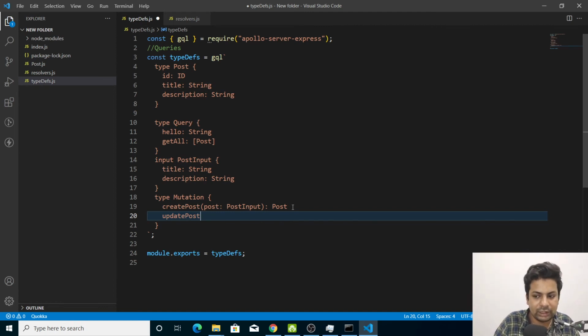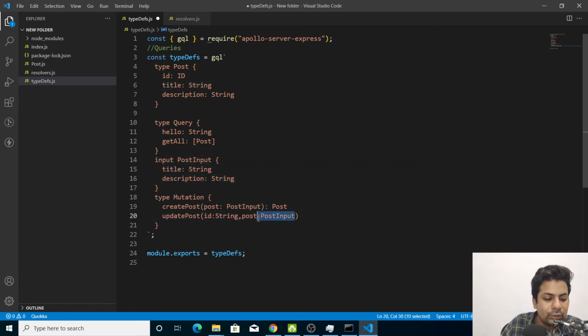Here we'll get an ID that will be of string because we'll give the ID for updating, and the updated post, whatever we want to update, that will be post input because we'll be giving title and description, and ID will be string. And in return I want the post back.